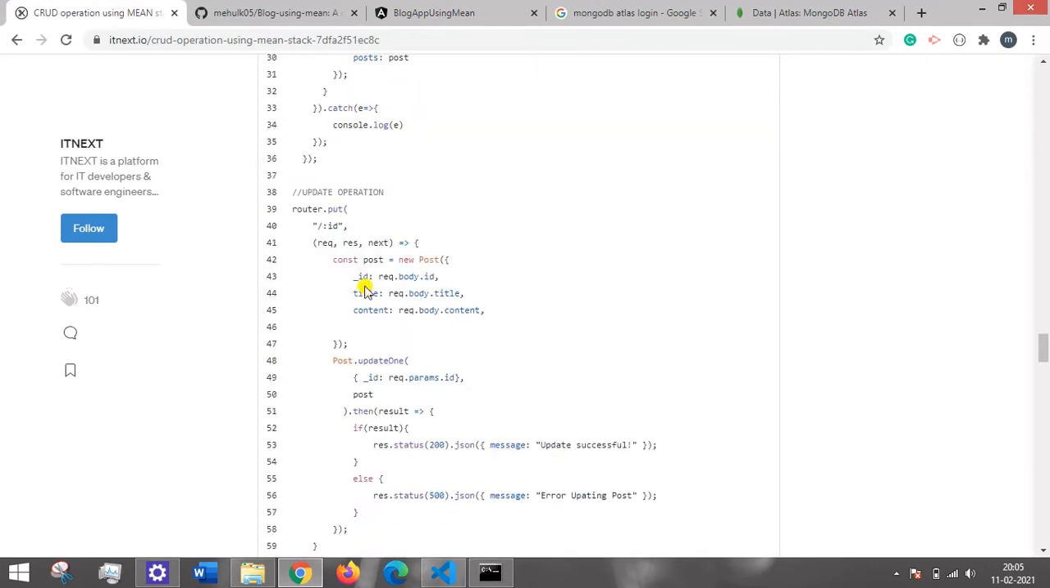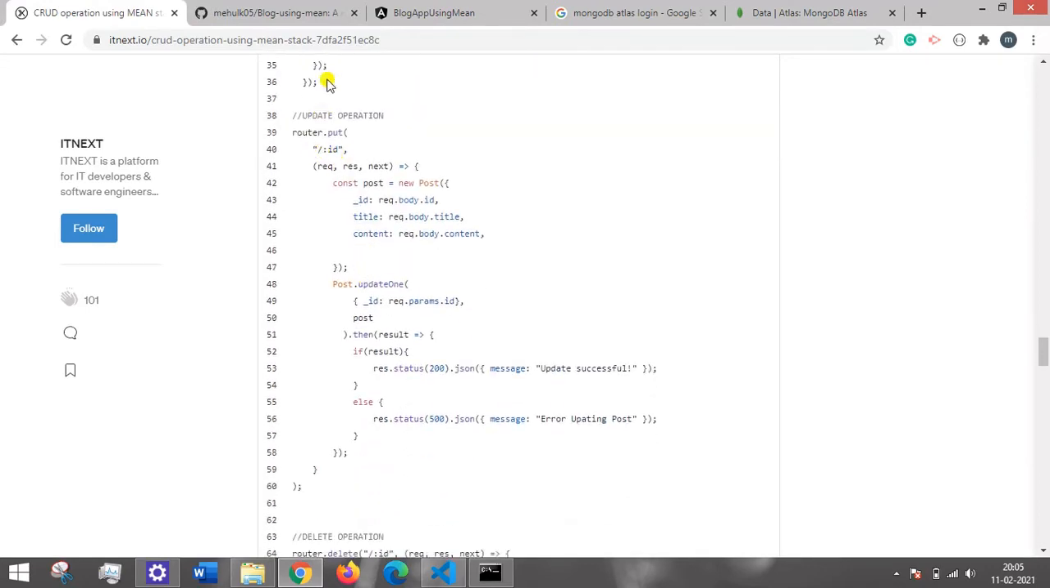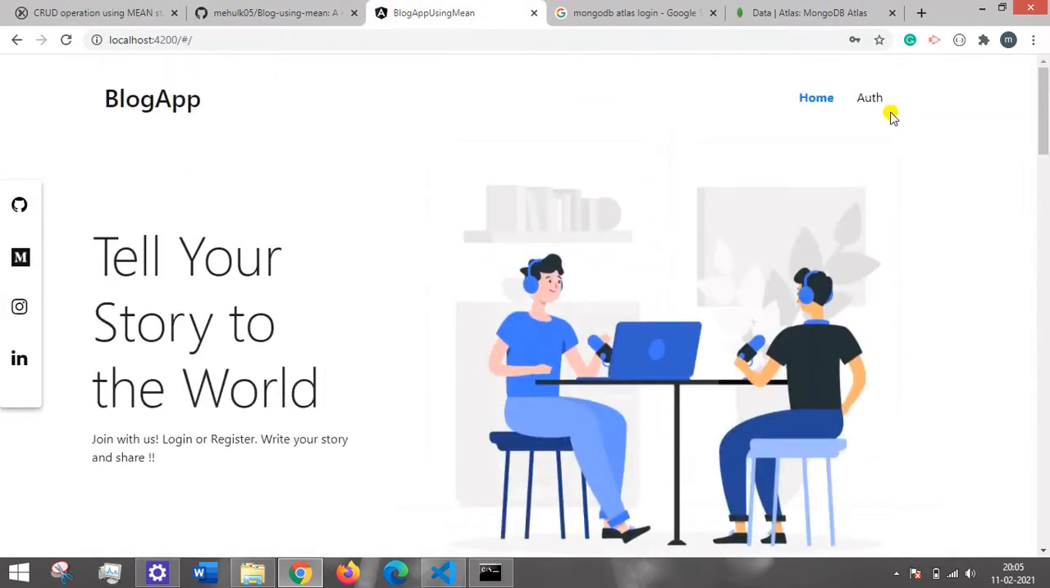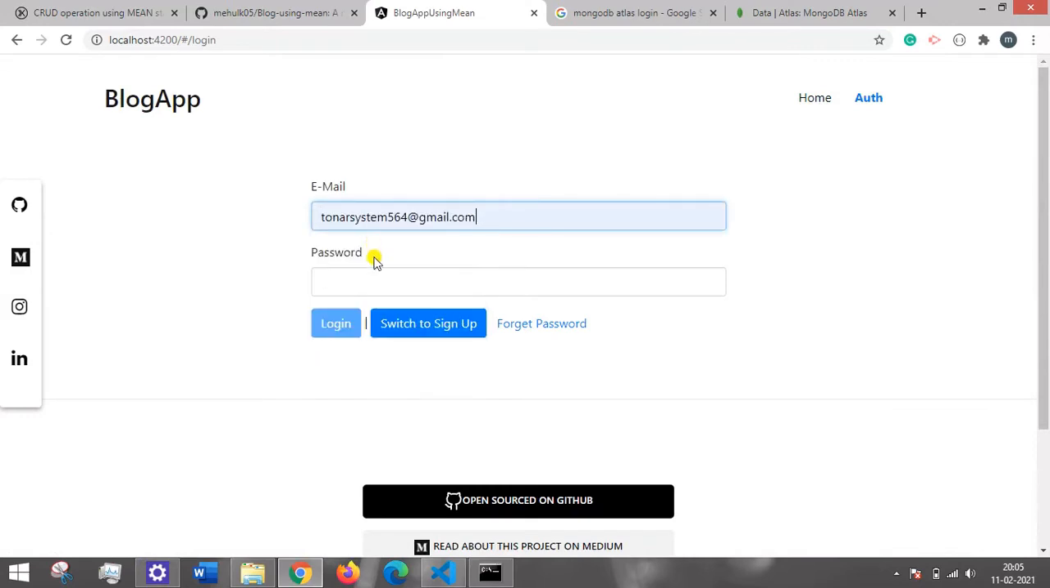Similarly, we have a put operation. Whenever we are trying to edit any data, or whenever we are trying to modify any block, we need some unique ID. So for that purpose,